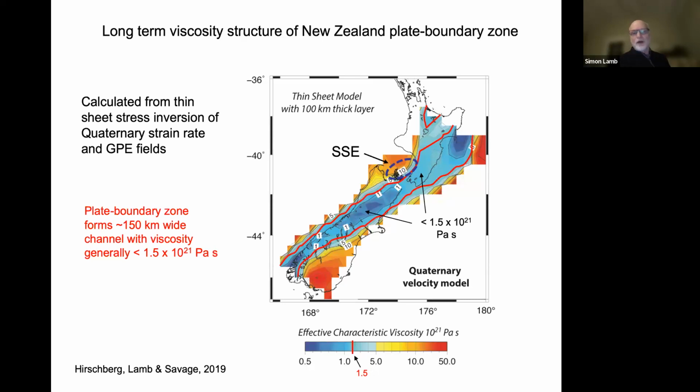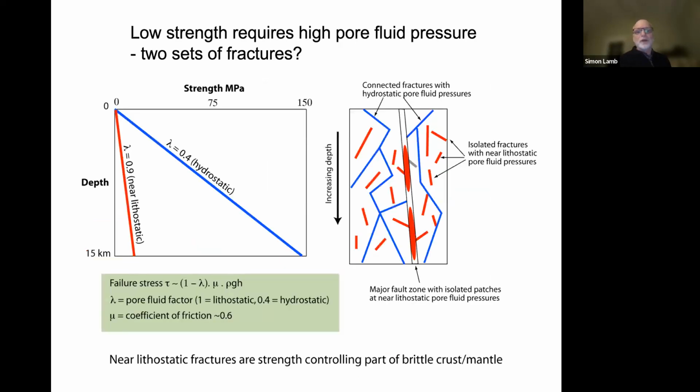So that's probably the conclusion of what I have to say: plate boundaries are very weak, somewhere between 10 and 20 megapascals, slightly larger than the typical stress drop of an earthquake, but comparable to it. So if you think about that in terms of our basic understanding of faults, it's commonly thought that